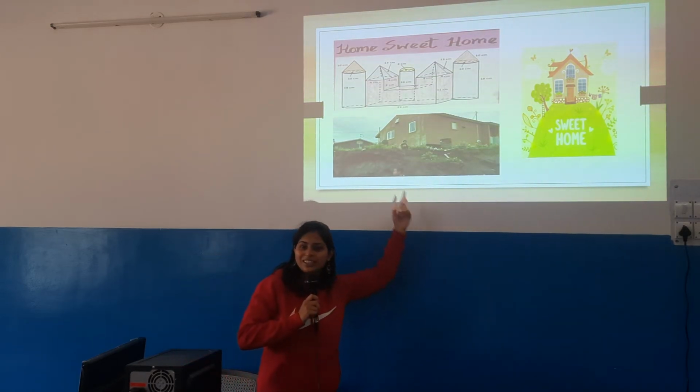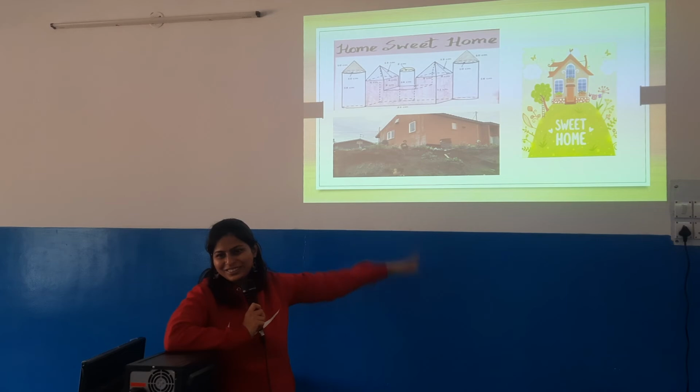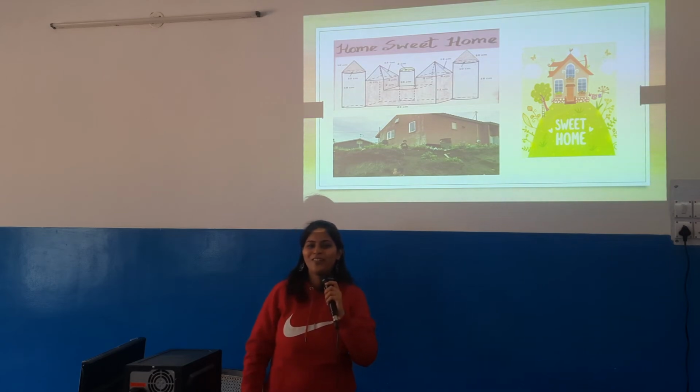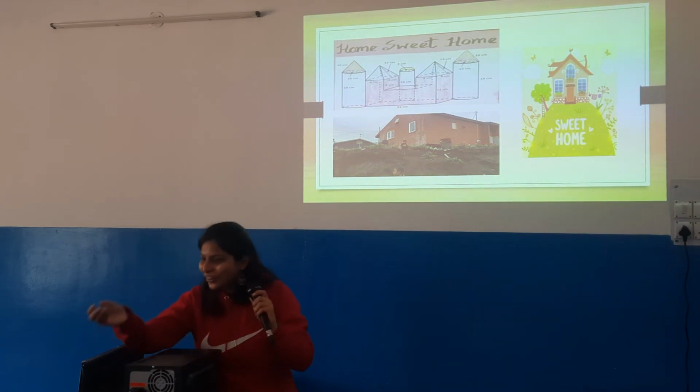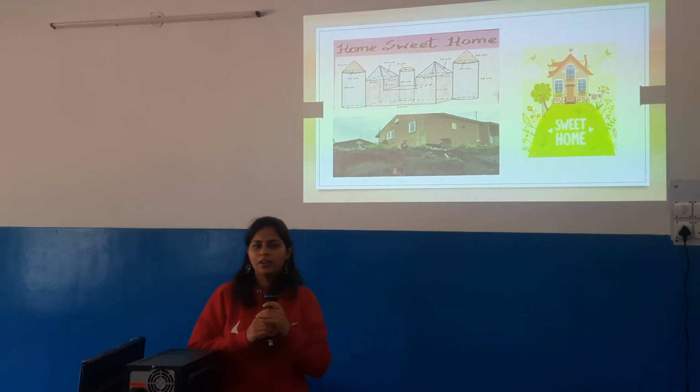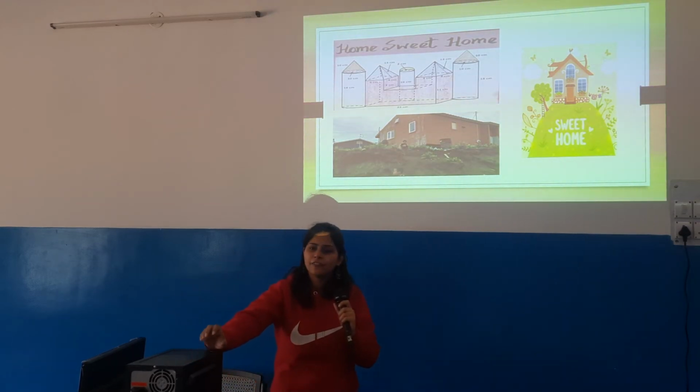Maths teacher. Now there's something interesting for the maths teacher. They can simply tell the students to find out the area and the amount of paint you will require to color that area. Find the cost of that painting. And such things can be clubbed under one topic. So we can plan this in a different topic.